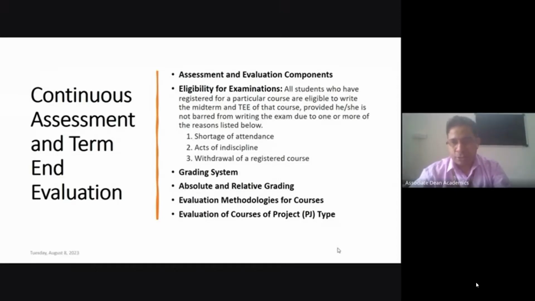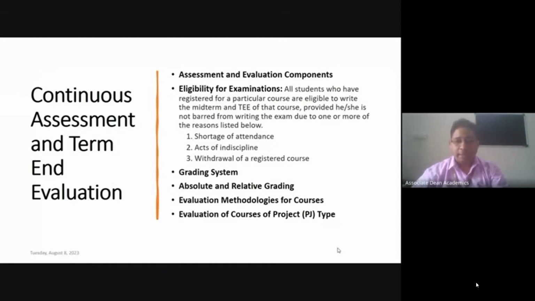But that is one of the criteria only. Along with a minimum 40% marks in the term end examination, you have to score a total minimum of 60 marks out of 150 including midterm marks. So 100 marks for term end and 50 marks of midterm become 150. Out of 150 you have to score a minimum of 60 marks, and in term end itself you have to score a minimum of 40 marks. Both conditions should be satisfied together, then only you will be considered a pass for that course.